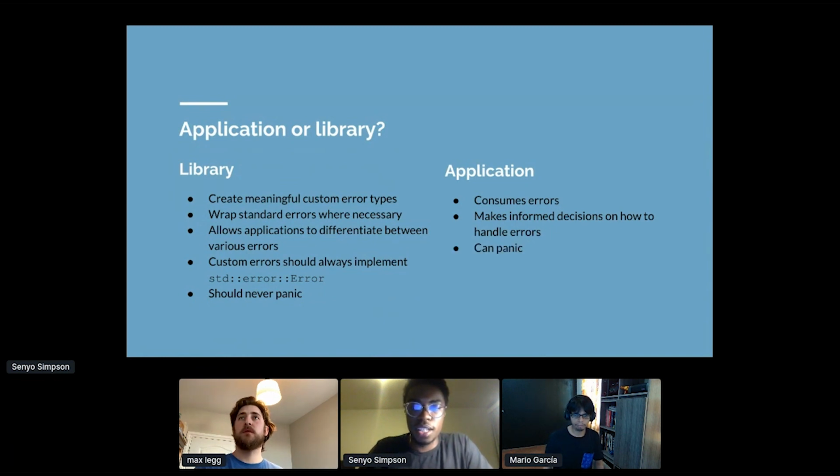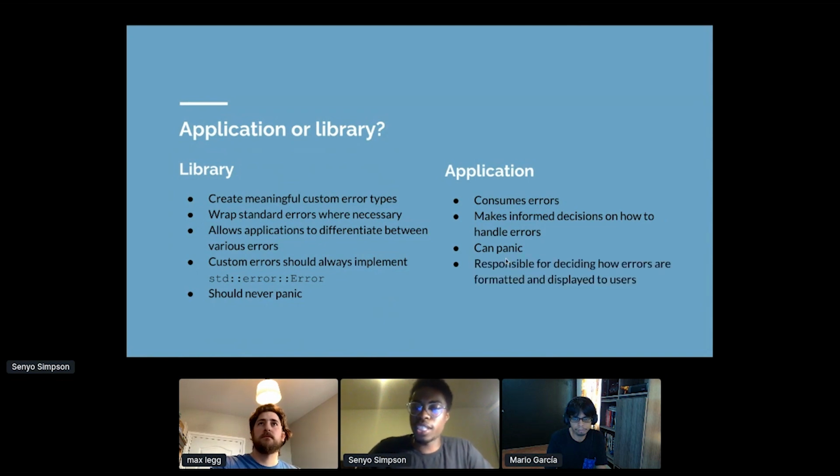Applications can panic, at the application level, if there's no option, or you've reached a terminal state where the only thing you can do is to panic. They're also responsible for deciding how errors are formatted and displayed to users. So a library must just encapsulate all of its errors in meaningful custom error types, but an application determines how that's displayed and communicated to the user.